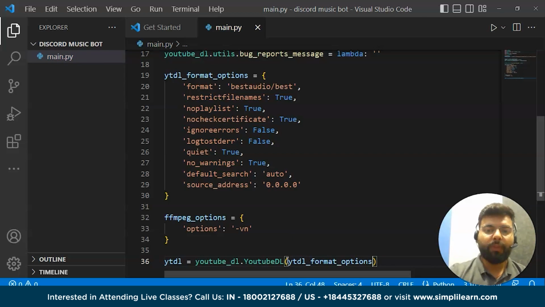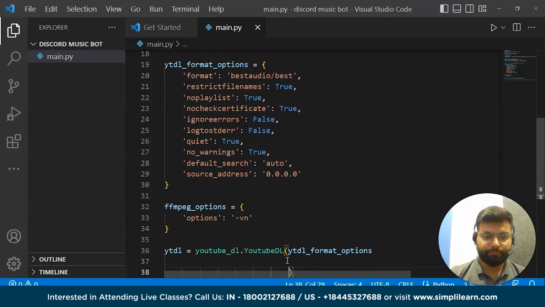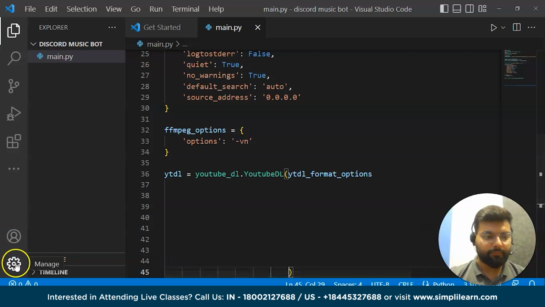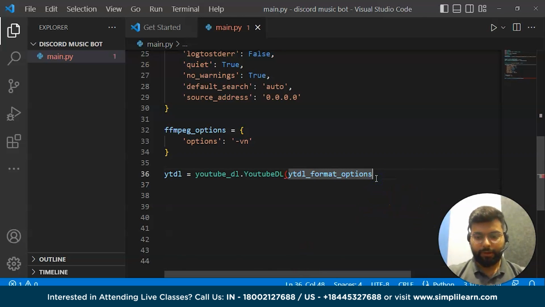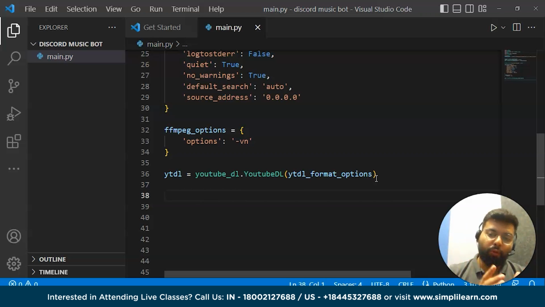Now we will create a class, and inside we will set the url variable that will take the url which we will pass to the bot, and that url video will be downloaded and then played by the bot as audio. So for that we'll start with a class and name it ytdl